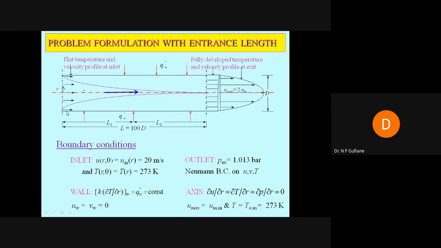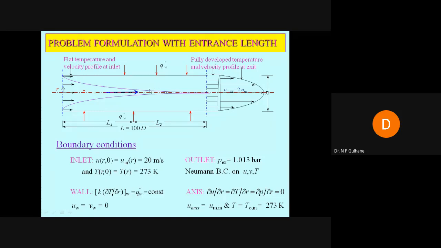There will be a boundary layer formation inside the tube. If the flow is taking place over the surface, there will be a boundary layer formation. Once those boundary layers merge together and coincide at a certain point, thereafter it will be fully developed. So that length we call the entrance length. So we have to study what happens during the entrance length, right? That entrance length is crucial to study the property variation.